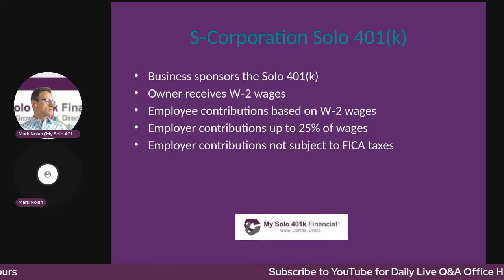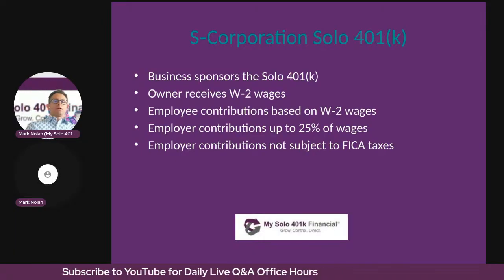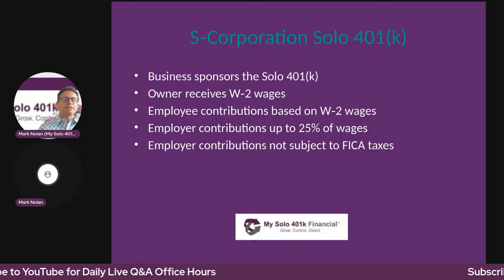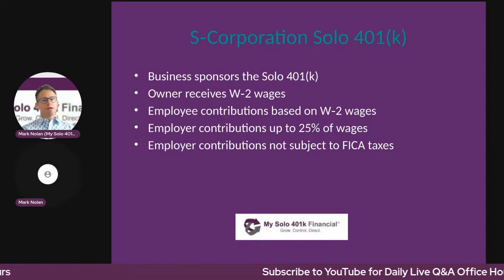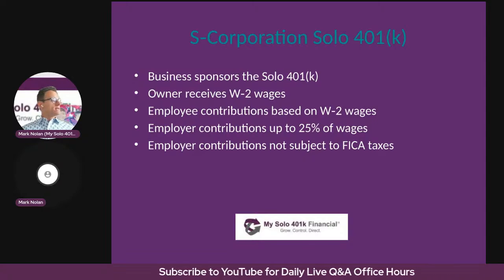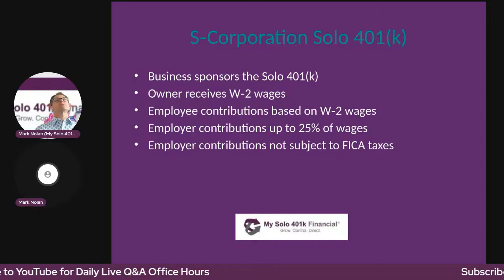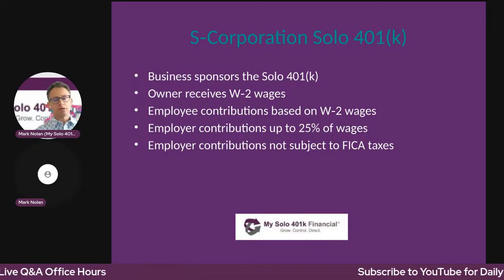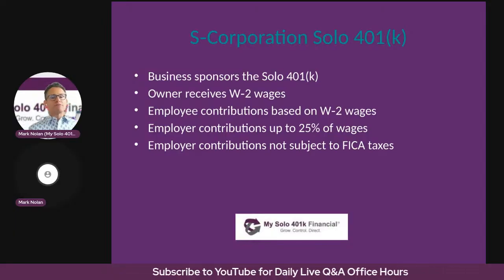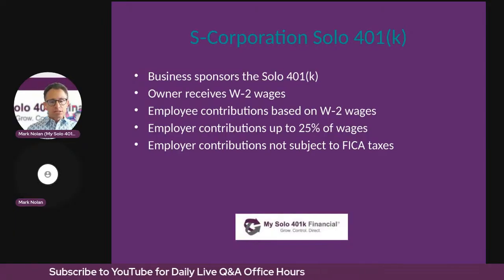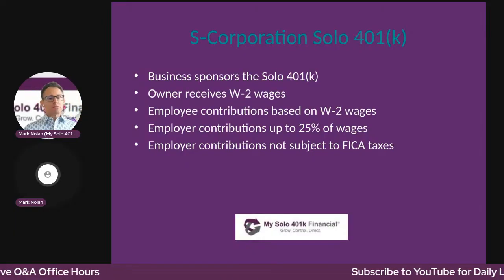So how are contributions calculated for a self-employed S corporation? The contributions are based on W-2 wages, as I mentioned earlier, box 1. That's the starting figure. And again, for 2026, you can contribute $24,500 as an employee contribution. So if you pay yourself, let's say, $24,500 of W-2 wages from your S corporation for 2026, you can contribute that entire